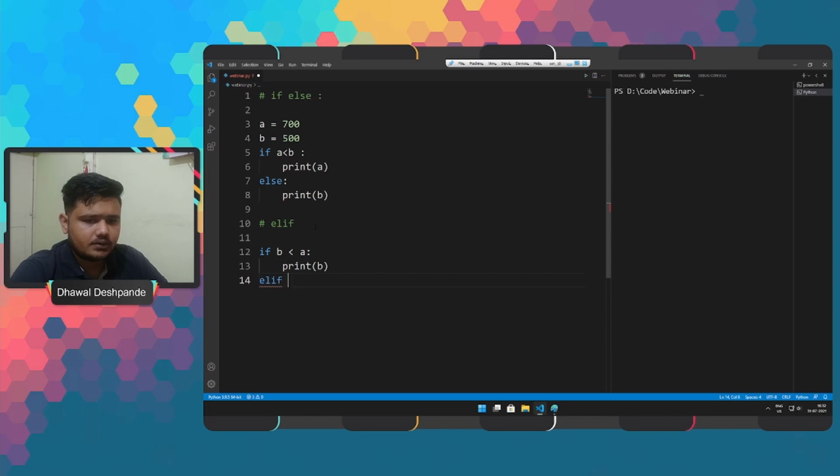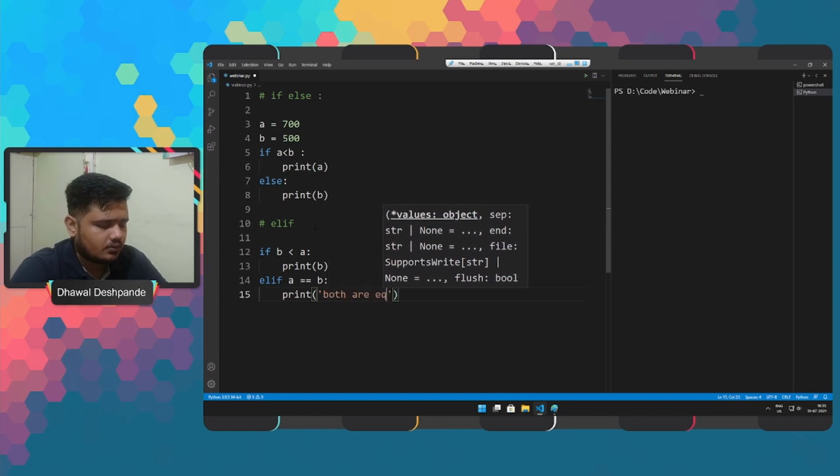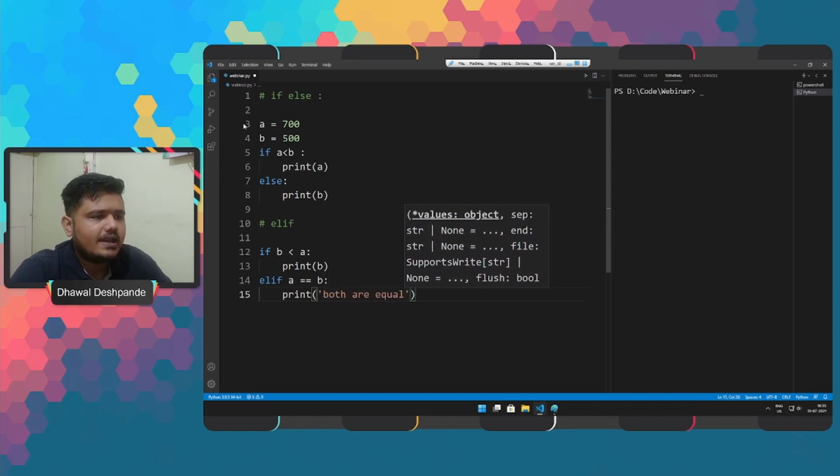Elif: with the elif statement we have to provide a condition. Let's say we are comparing both the variables. If this particular condition is true, then it will print both are equal. Let's check this.